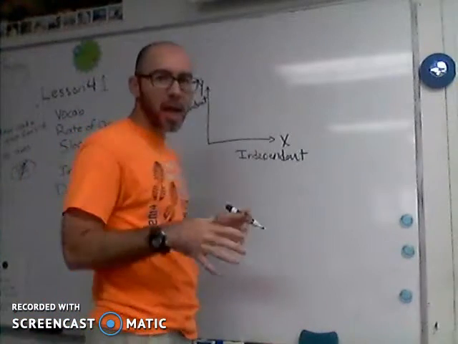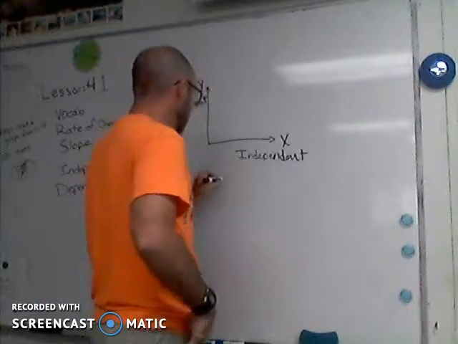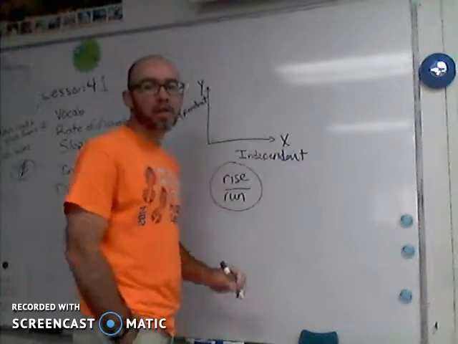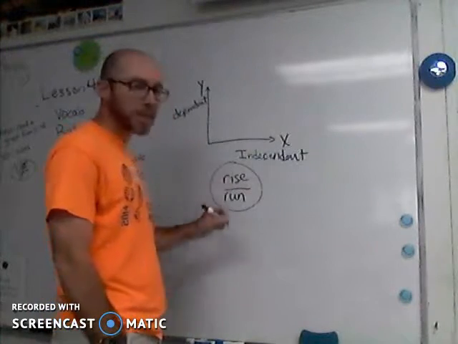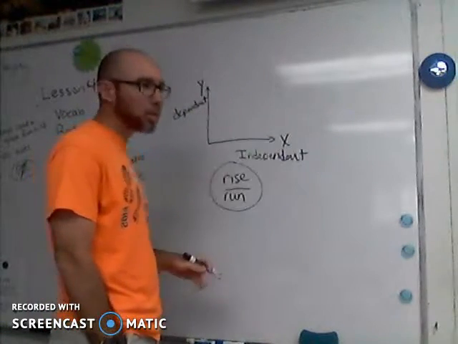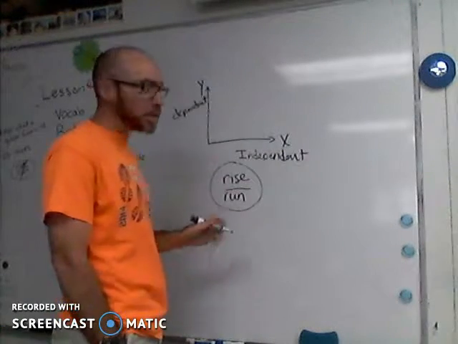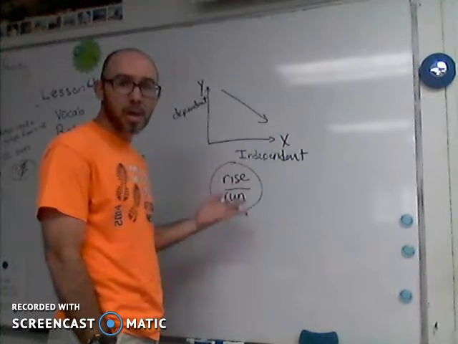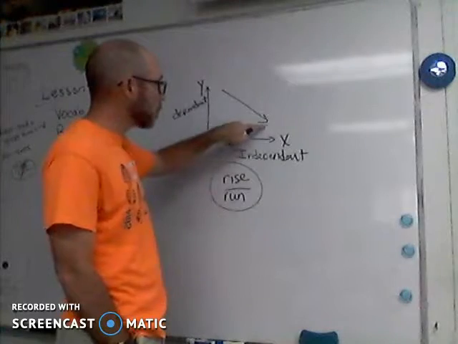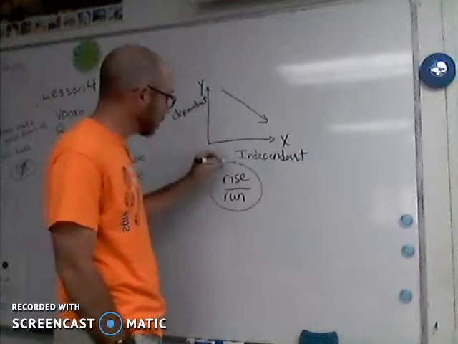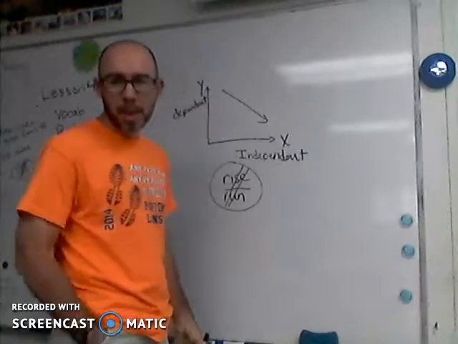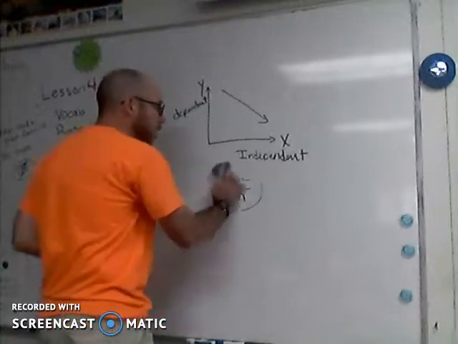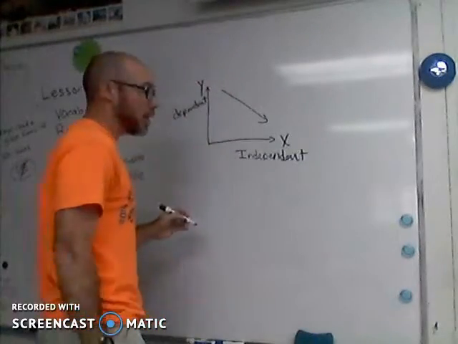Another thing that I try to stay away from is using the expression rise over run. I've always found that very confusing for people, especially on the rise part. Usually people get the left to right thing correct, but they don't know what to do about it, especially if your graph goes down. And a word like rise when the graph is going down doesn't make sense, so people are always trying to go up because that's rising. So I'm not going to use that anymore. I'm going to stick with some of the notation that you'll see later on in math, and that's much more applicable. And that would be using